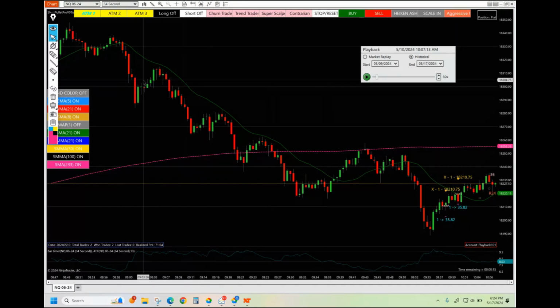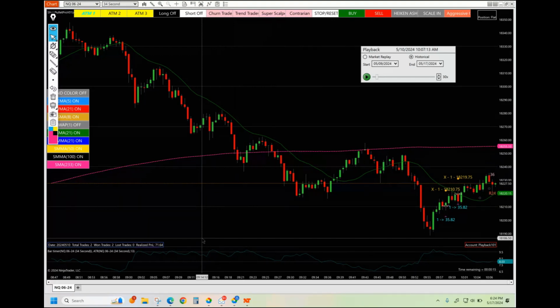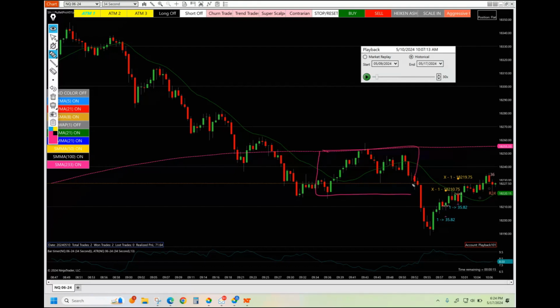Why? The market was nicely below the 21 SMA, then it went above, then came down, then again above. So it's kind of a sideways market for a while now. Here you see it's sideways, then again it has lost that trend. It doesn't have the smooth trend that it had here, and it doesn't have the same trend that it had in the beginning when we were taking long trades. So this is not the ideal